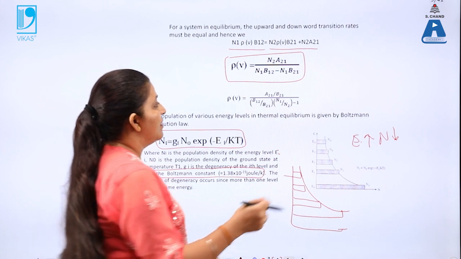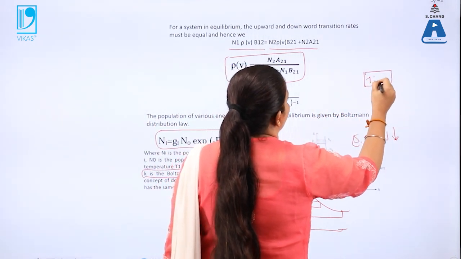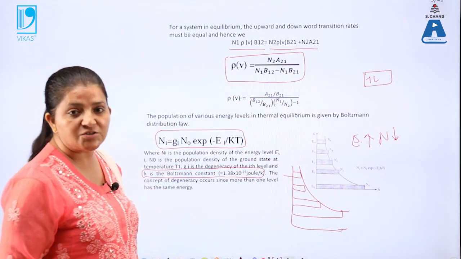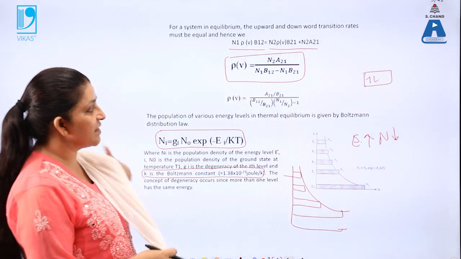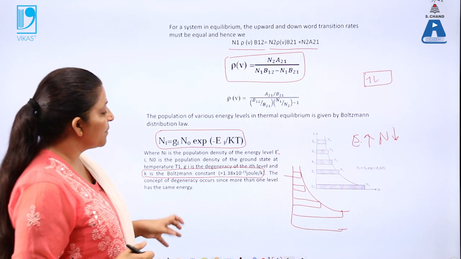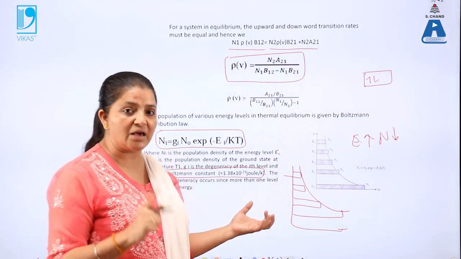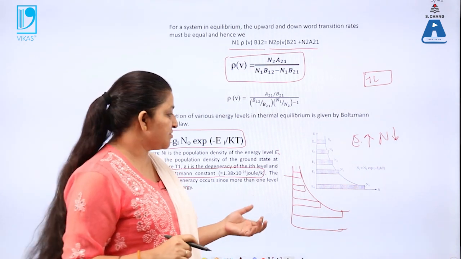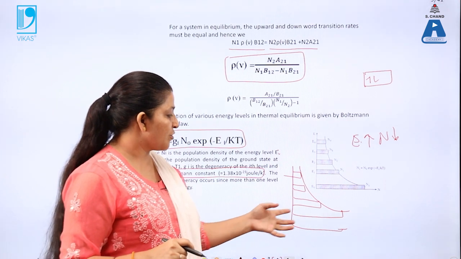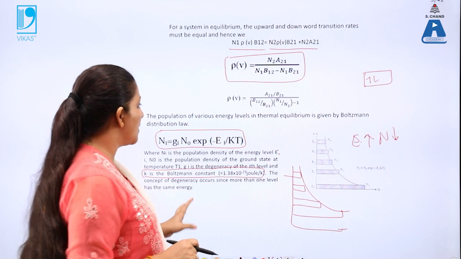So we know that if there is an s orbital, its degeneracy is 2. That means 2 electrons can fit in this state: one with spin up, the second with spin down. So for the s state, the degeneracy of the orbital is 2, but here the degeneracy is considered 1. That means in one state only one atom can occupy it. For example, on one seat only one person can sit. In a similar way, for an atom, one state will be occupied. So the degeneracy is 1 over here.